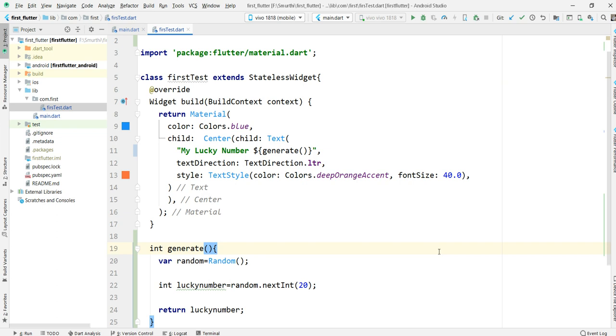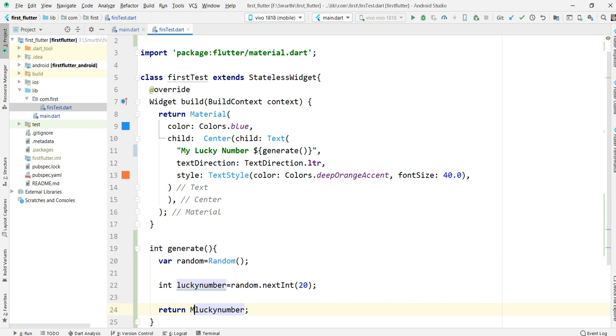But now I want to reduce this code. If I want to reduce it, I don't want to write it here; I just want to call the method directly. For that, instead of integer, we can define a string value as the return type, and I am directly writing the return as